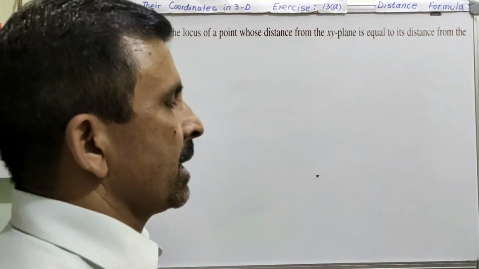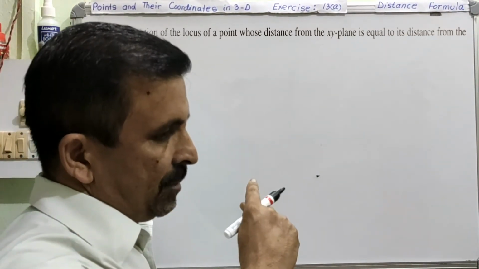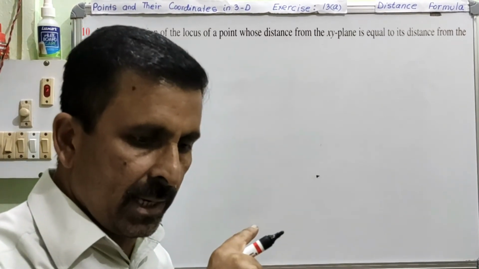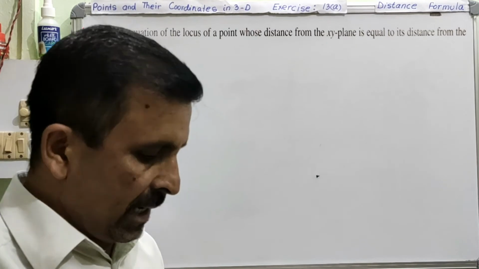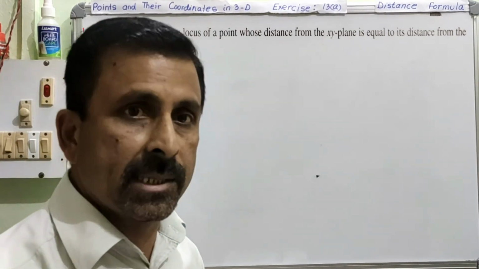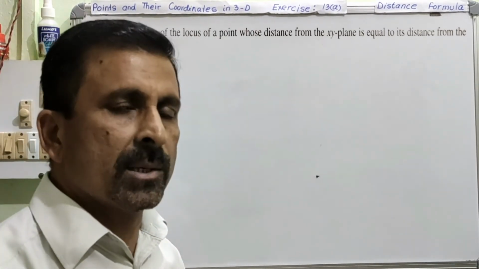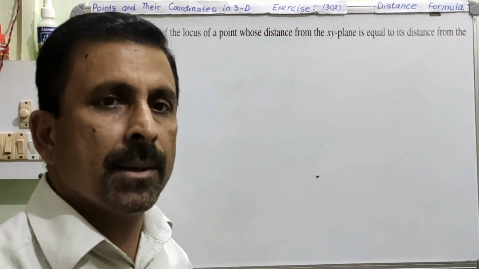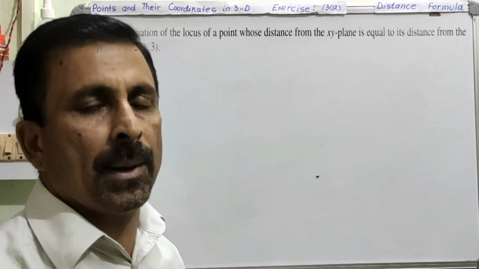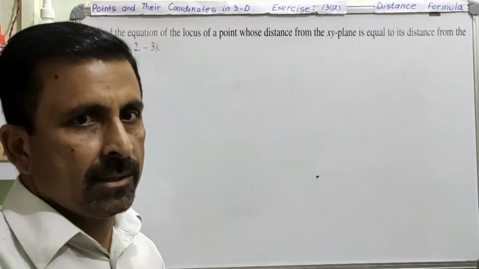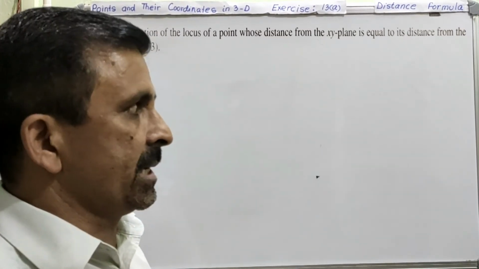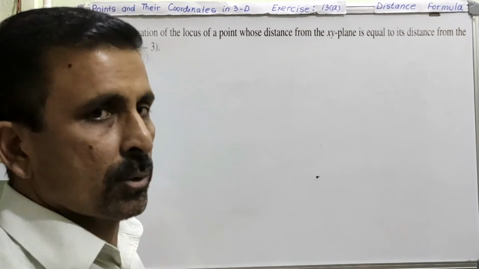So here again, in question number 9, the condition was to find the locus of a point which is at equal distance from a given point and the y-axis. Now this time this y-axis is replaced by xy plane. So what is the meaning of plane and how do we use this word plane? This is very interesting. Such kind of question probably comes in the exam also. So please take note of that.